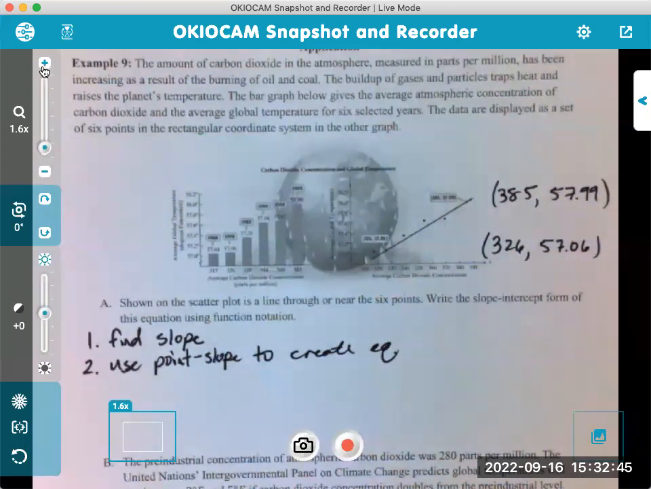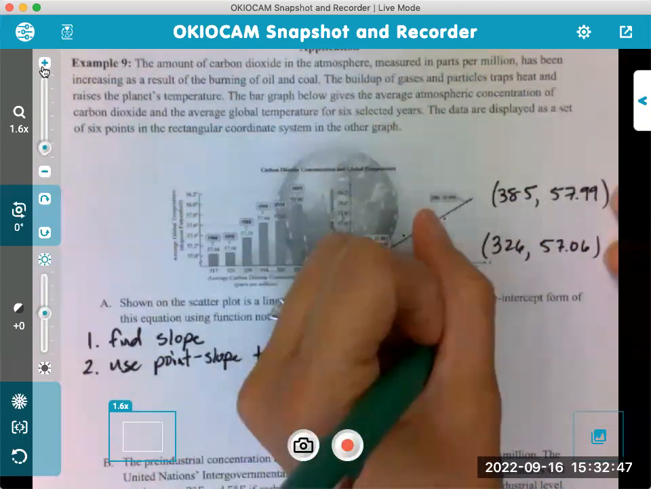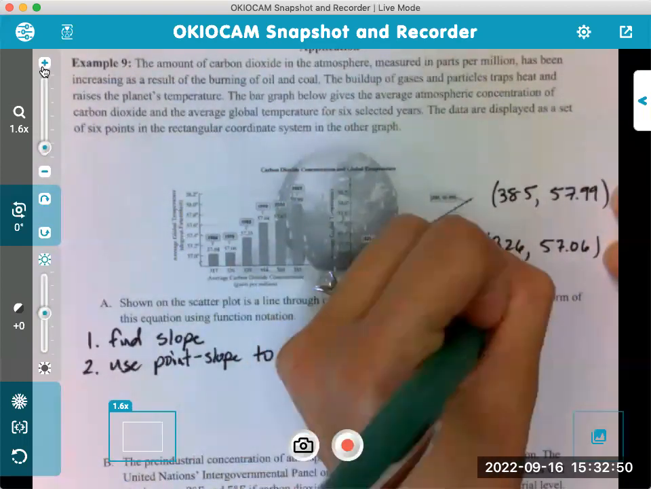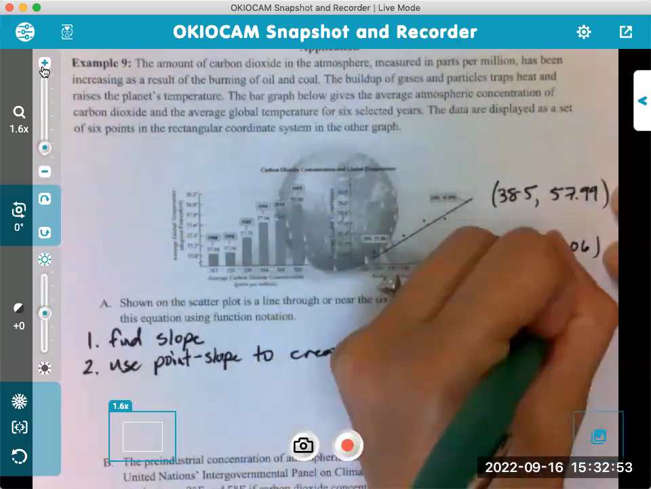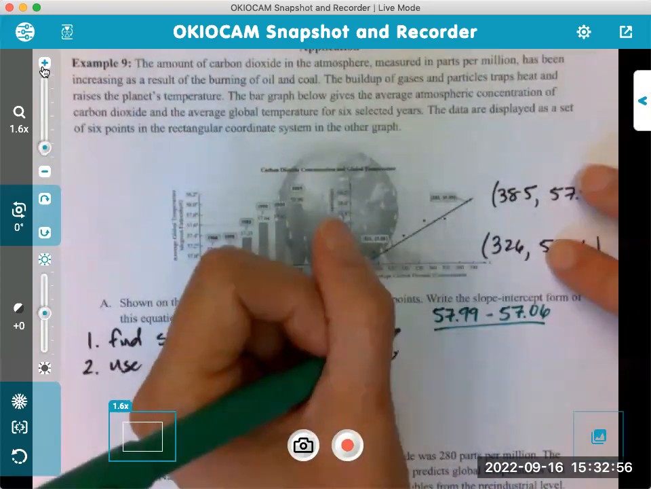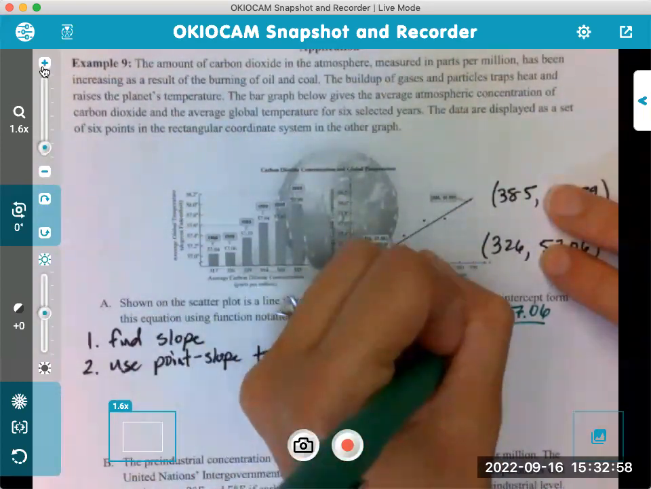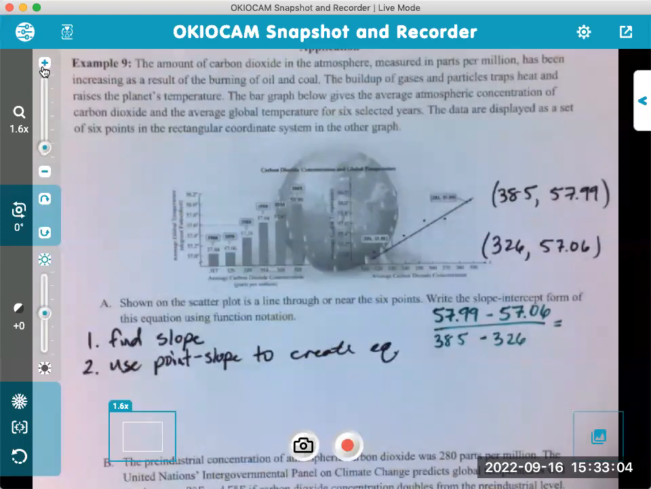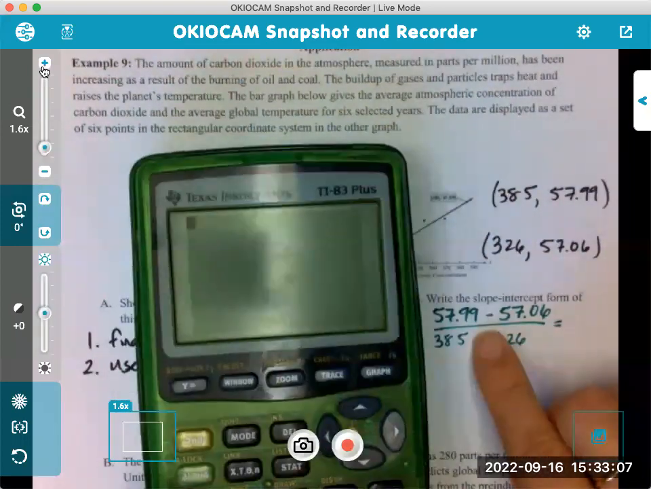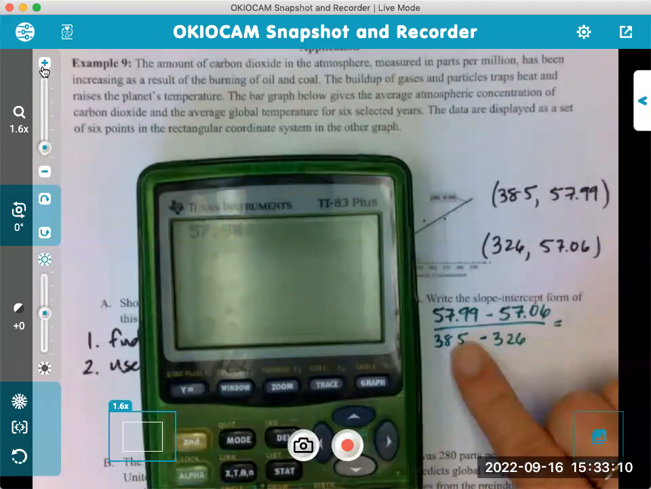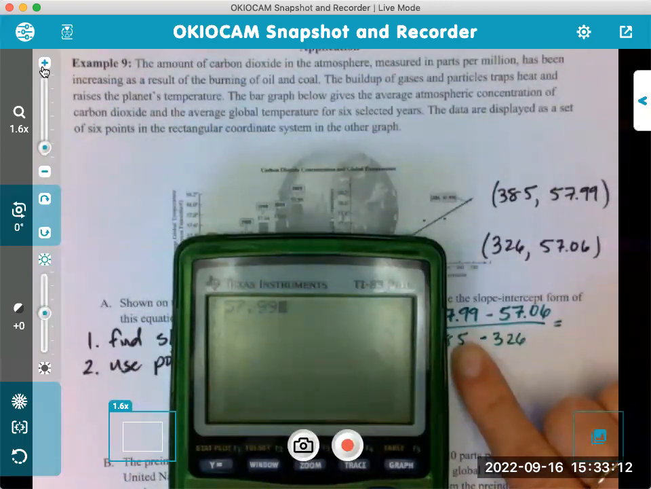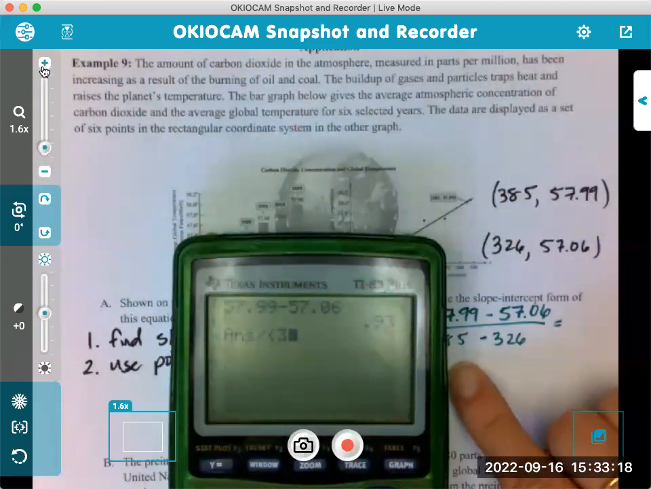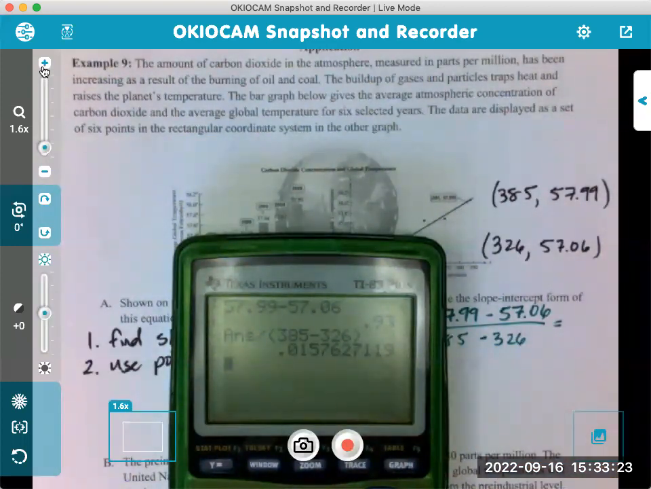So slope, remember y2 minus y1 over x2 minus x1. So 57.99 minus 57.06 over 385 minus 326. I'm just going to pop this into my calculator. 57.99 minus 57.06 divided by 385 minus 326 is approximately